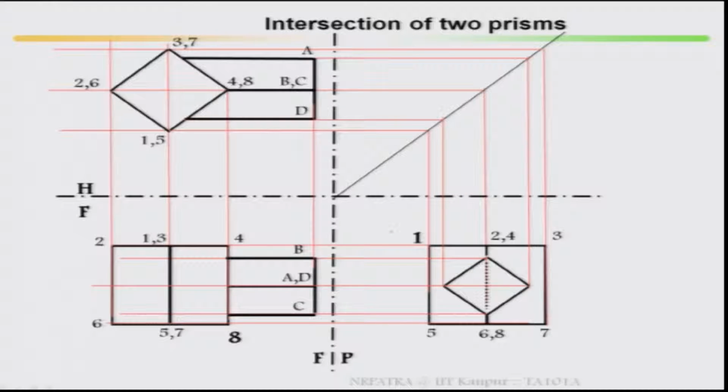Now, inner prism, outer prism. For the outer prism, you mark it A, B, C, D. Similarly, you mark A, B, C, D in the front view, and similarly in the side view. Then start with one-by-one points of intersection and locate them. This point you have taken is on your inner prism. Project it back, and this is your inner prism. Similarly, for the outer lines of the inner prism, you mark one point at a time.